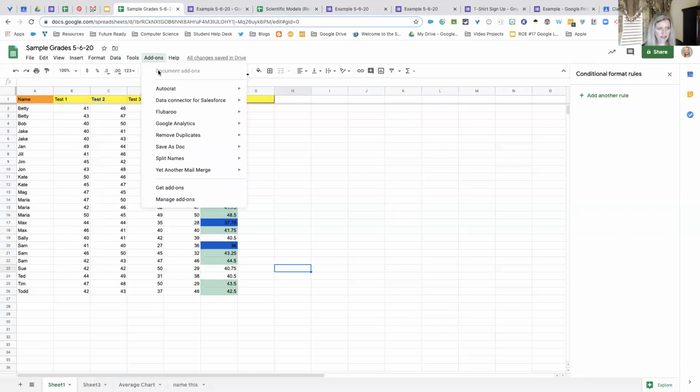If you go to add-ons again, you can see add-on C. I used to use an add-on called remove duplicates. Now I don't have to. It's within the form or within the sheet now. So,